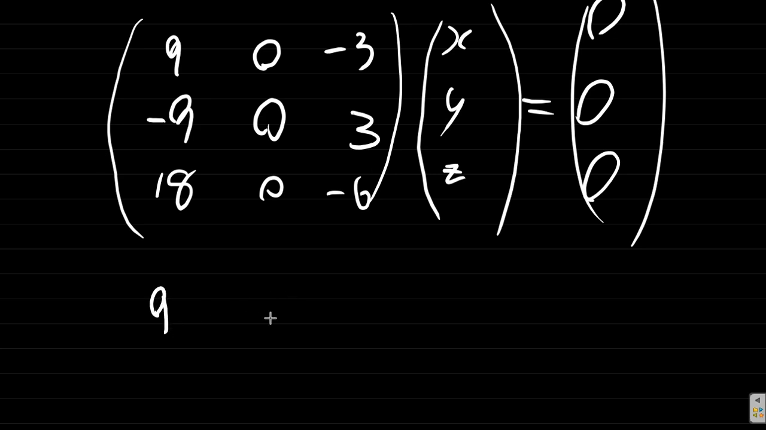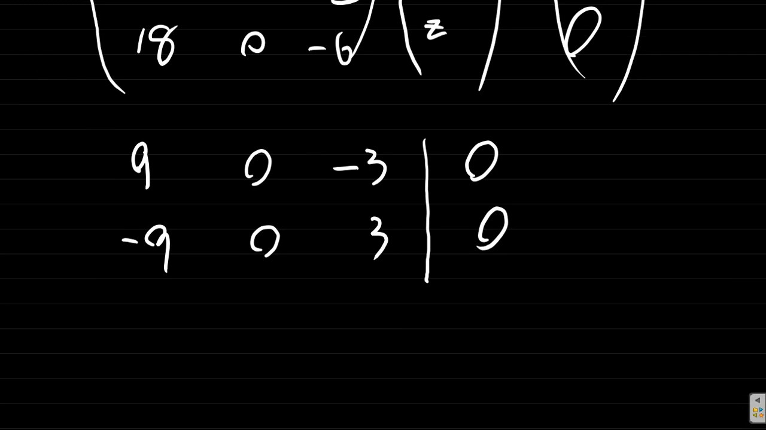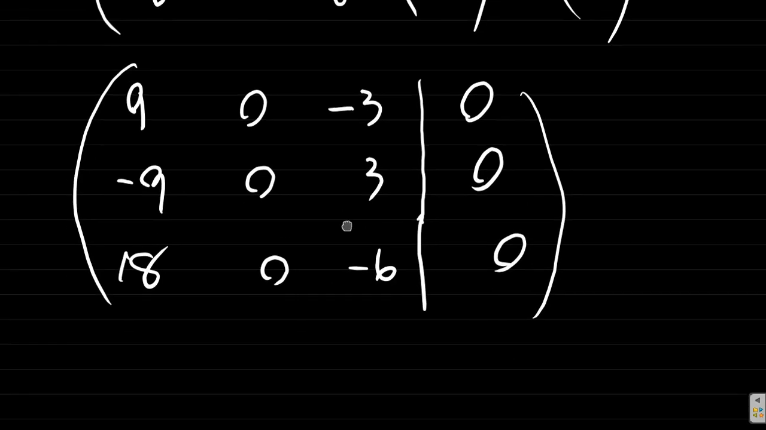This is 9x plus 0y minus 3z. Remember about the augmented matrix: equals 0, negative 9, 0, 3, 0, 18, 0, negative 6, 0. So what we have here is